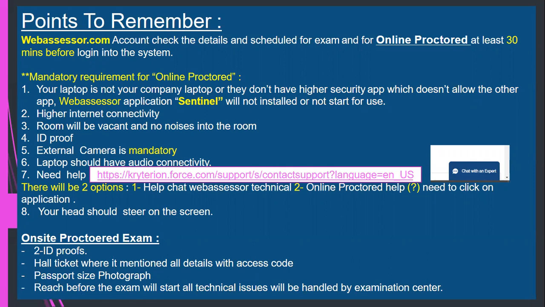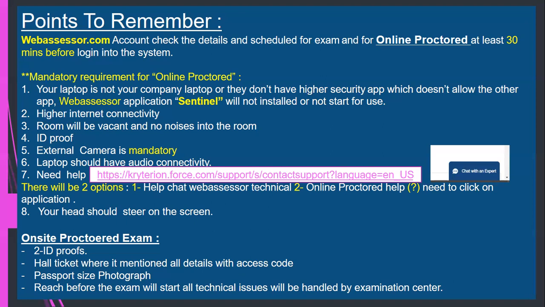Now, the mandatory requirements for online proctoring. When you select the online proctor, what you have to remember. First, whenever you're going for the examination, it will install some apps. When you're logged into the website, on the right side there is the option to install Sentinel, and on the left side there is a pre-checks system available.